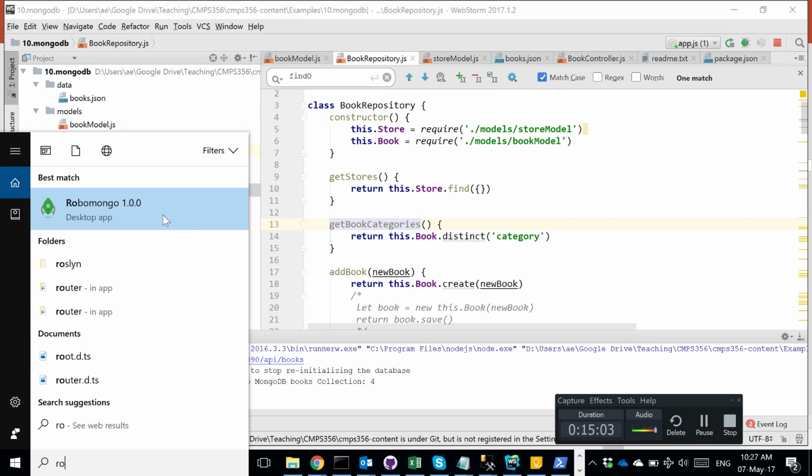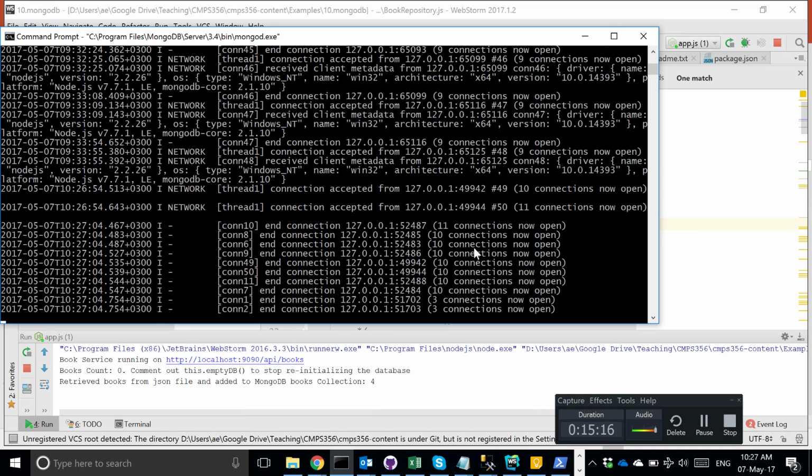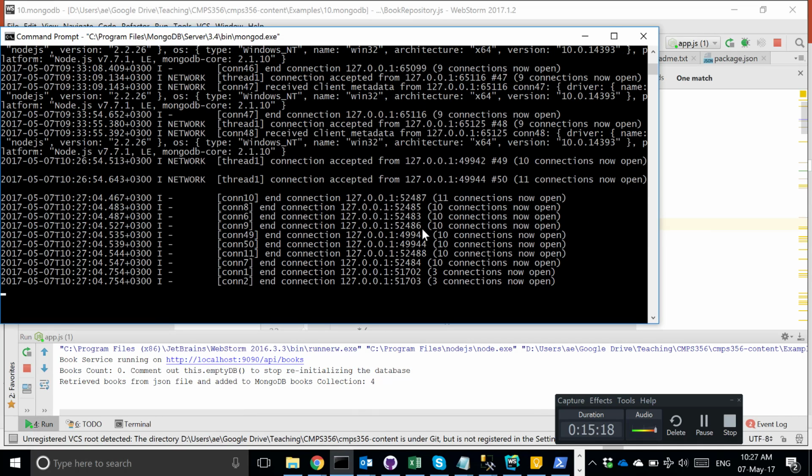Okay. First of all, let me explain a little bit more. So for you to use MongoDB, of course, you need to download it, install it. When you install it, you run it. And I sent you the command to do this. When you run it, it will be listening at some port. It will start listening to receive commands. So it is a server. As you know, a server is a piece of software that is running and listening for requests coming through a